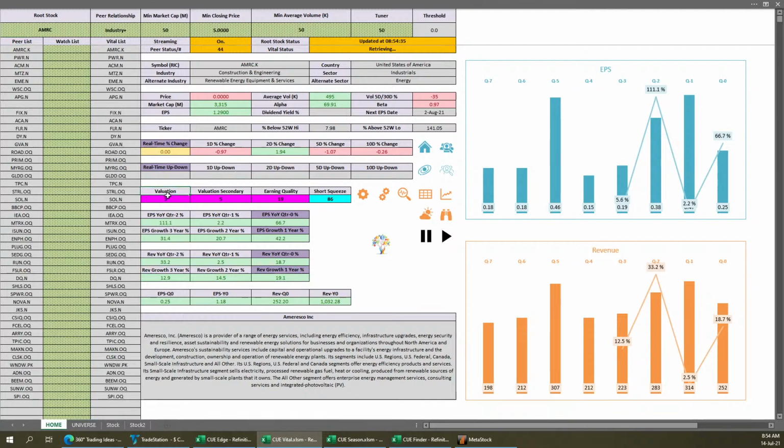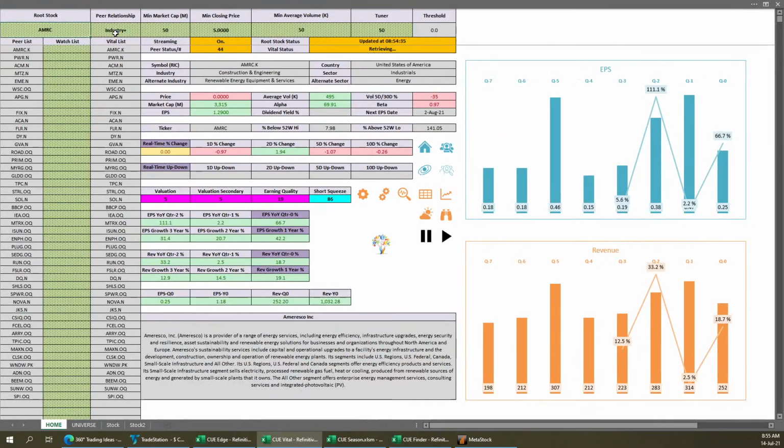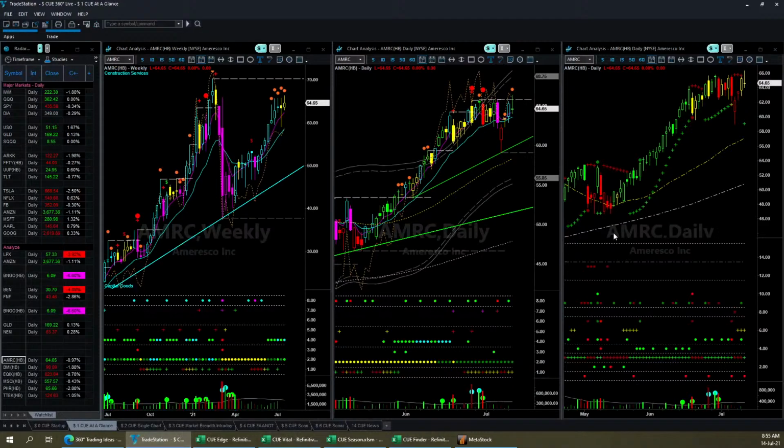Fundamentally, valuation wise, it is very weak, overvalued, has some earnings growth, but we are allowed to short because it is overvalued. If we see the industry rotation, this is looking weaker, not as strong as was Paychex industry. And we have deceleration shown by pace column. So the industry allows us to short, fundamentals allows us to short, and technically there is no Q swing short